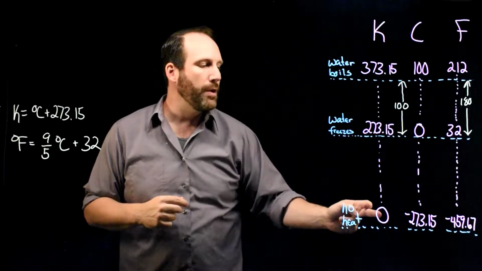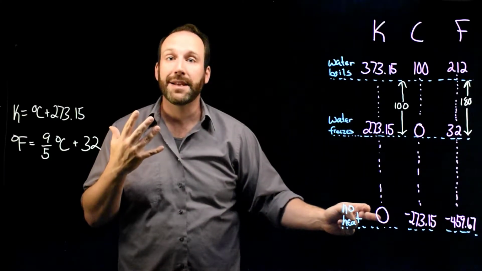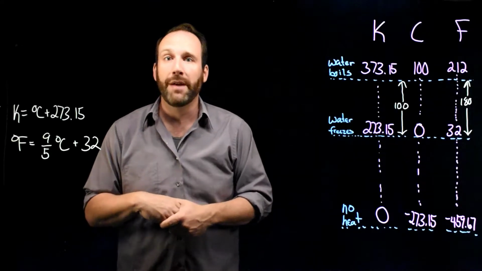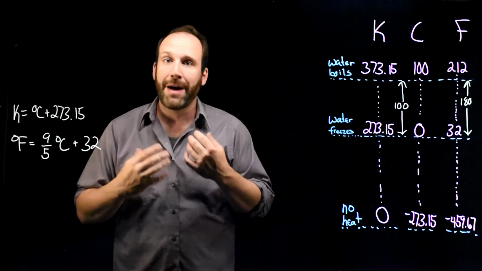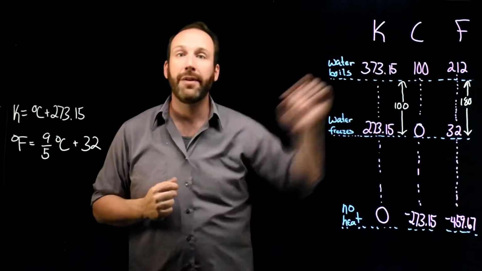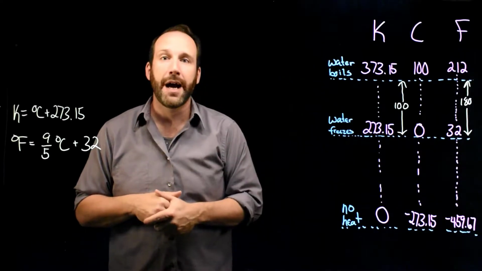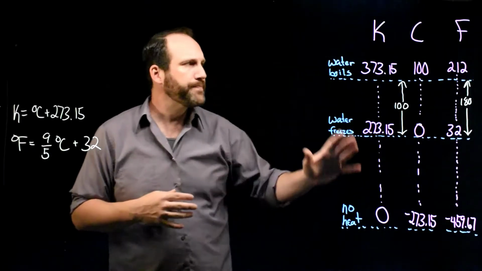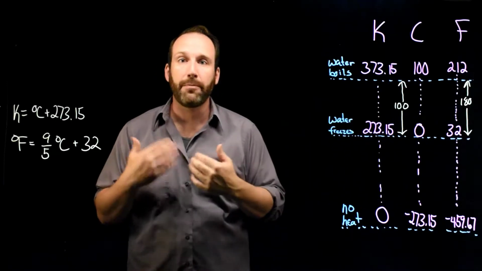So if we think about, well, what is no heat in the Celsius scale? Well, it would be minus 273.15 degrees Celsius. We can also think about what no heat in the Fahrenheit scale would be. It turns out to be negative 459.67 degrees Fahrenheit. Okay. So these are the three scales, and with this knowledge,